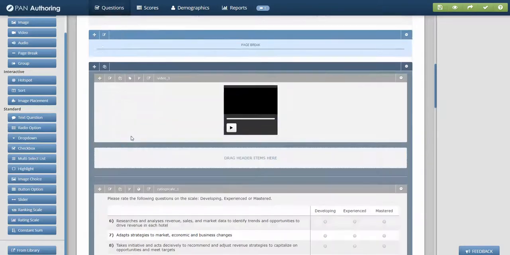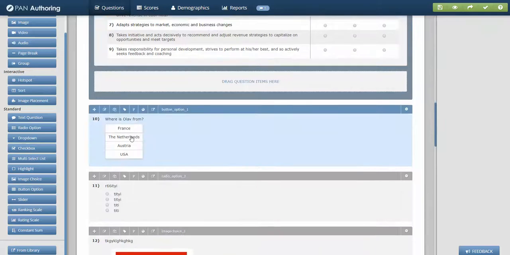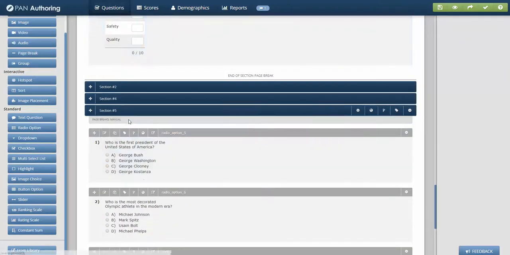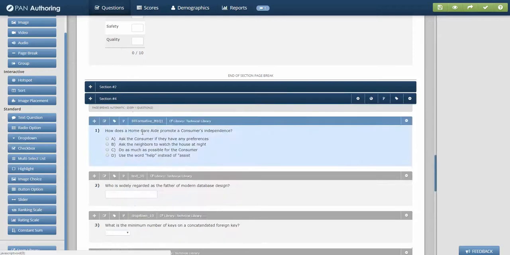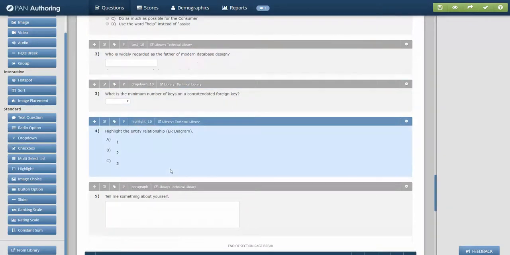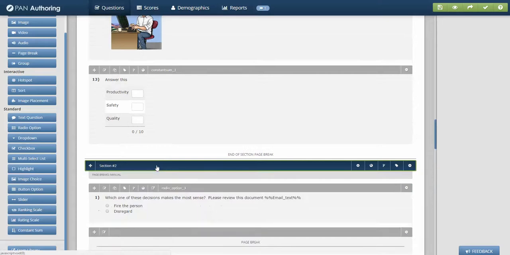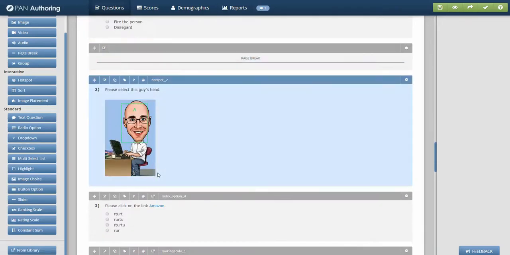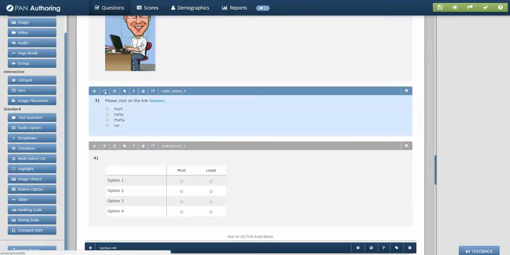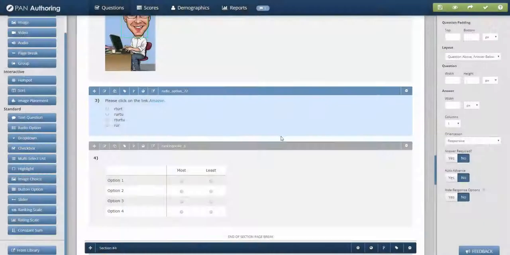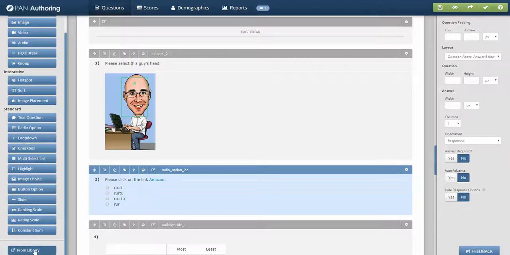So adding to the library is as simple as adding to the library and then selecting from the test itself that you want to add it to. So I just need to find radio button 4, and of course it's going to be there, it is. We'll rename this in here, call it radio option 22, hit finish,